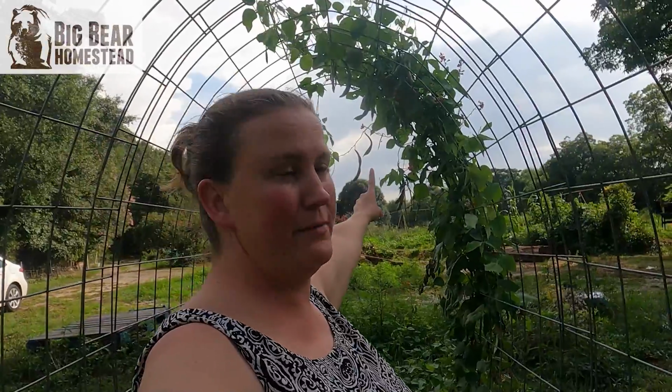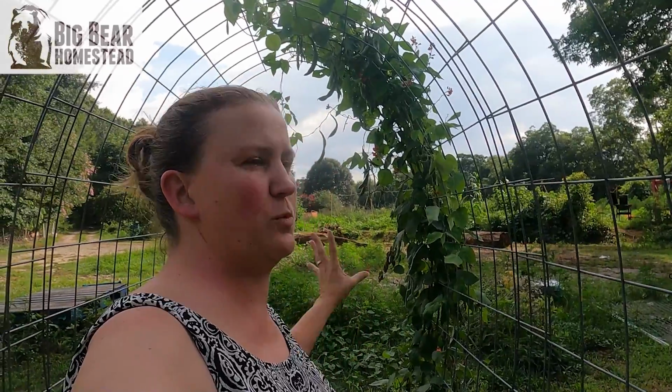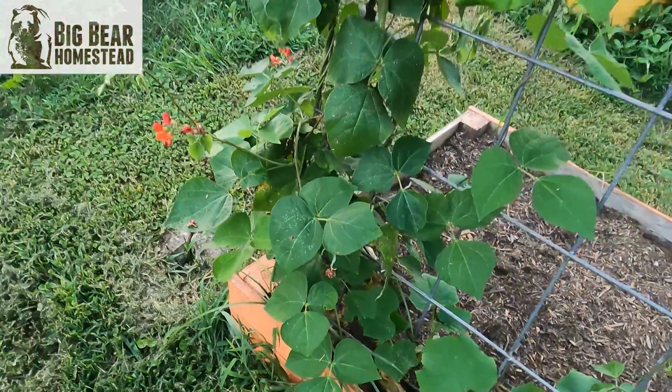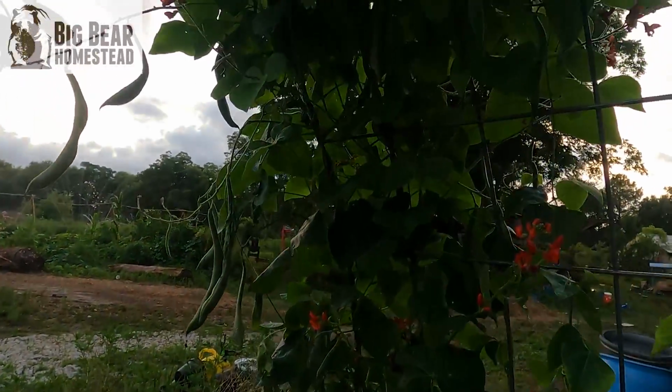And then this thing behind me, this is crazy. This is a runner bean, Painted Lady, I think, or Scarlet Runner. It's one of those. But I didn't plant that. There was a plant there last year and it just self-seeded and did it again. I think I've read somewhere that this is a potential perennial bean. I'm starting to believe it because every year they plant themselves and they come back in that exact same spot